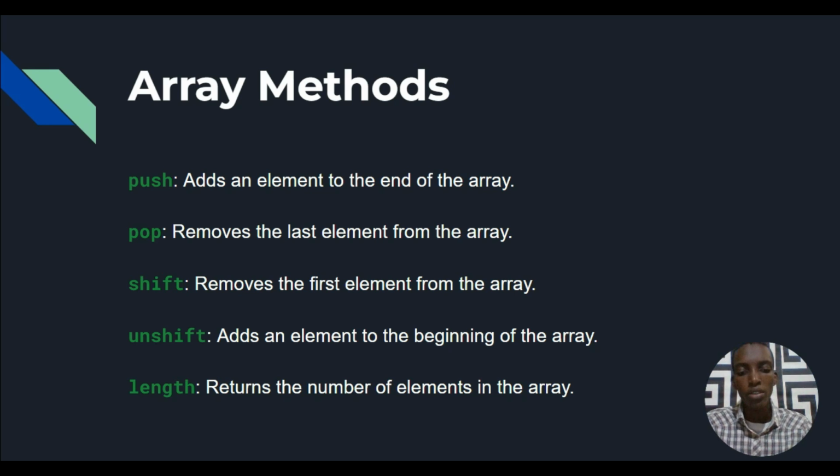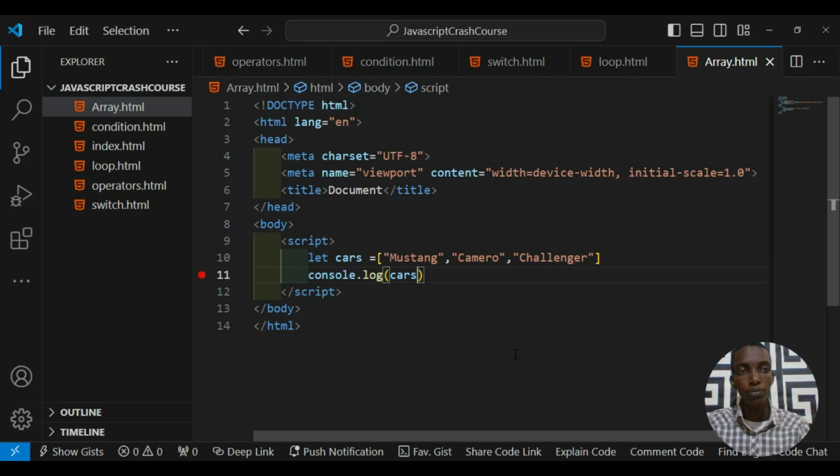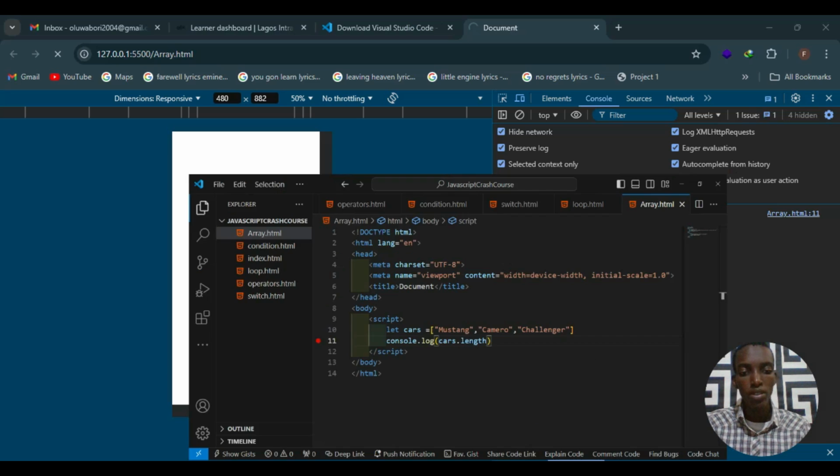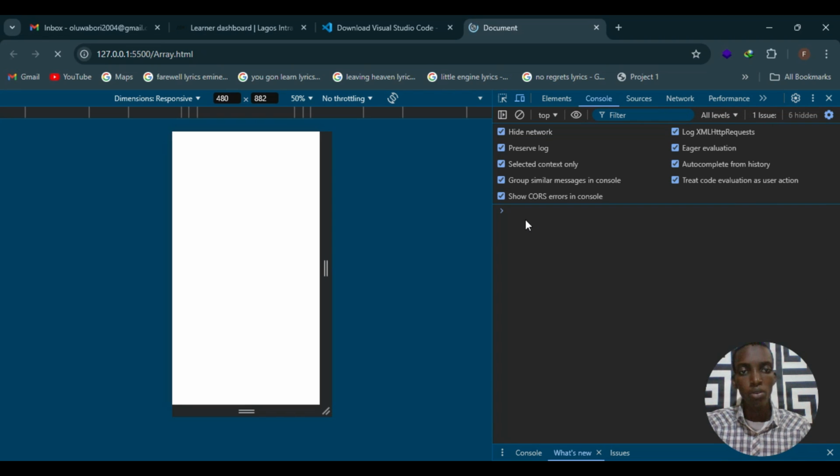So let's come back here to see how this works. Let's start with the last one. We said length. So to check the total length of our array, you can see it's telling us the total of our array is